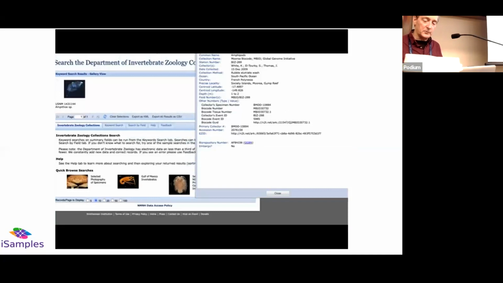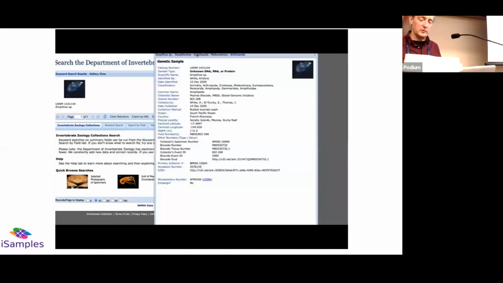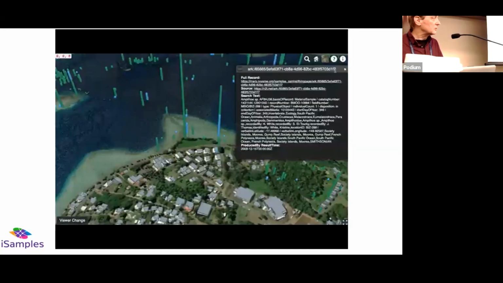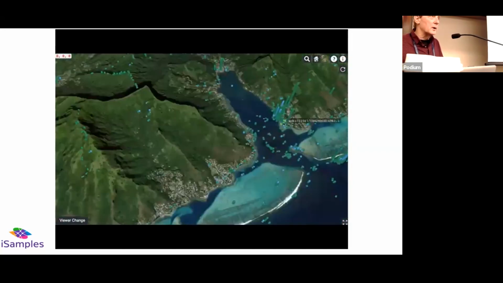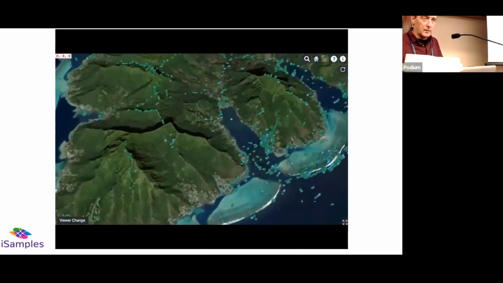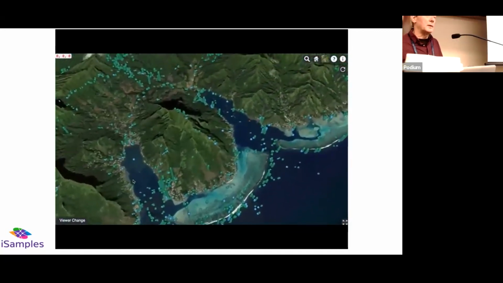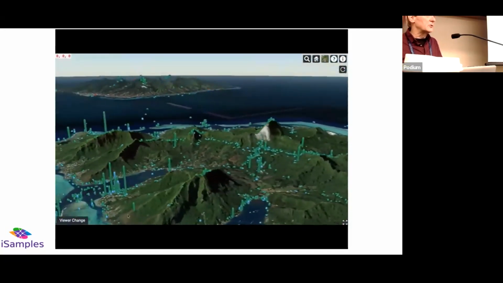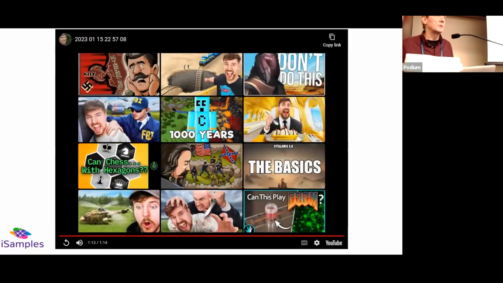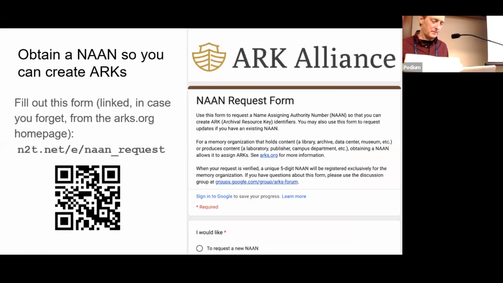Following that link to the Smithsonian, you can find out more details about the specimen, with cross-references to analyses and publications and other material. The interlinking is facilitated by millions of ARKs, and the number of participating collections is expected to expand significantly as the project continues. It's all part of the NSF iSamples project, which Joan and Andrea know well. And it assigns identifiers to biological specimens, rocks, and archaeological artifacts. So that is our last case study.